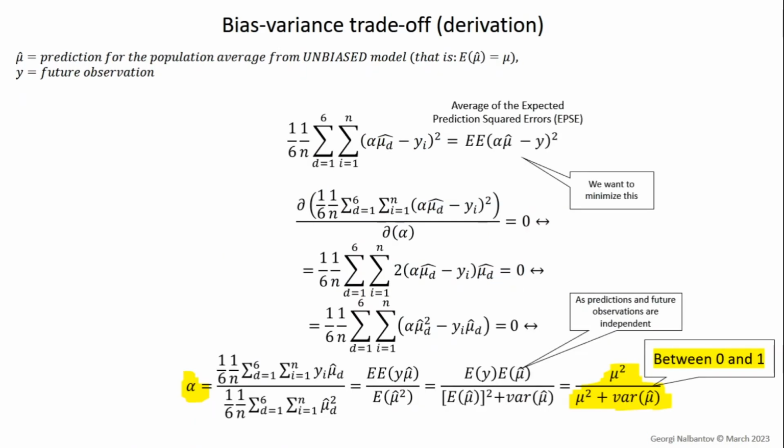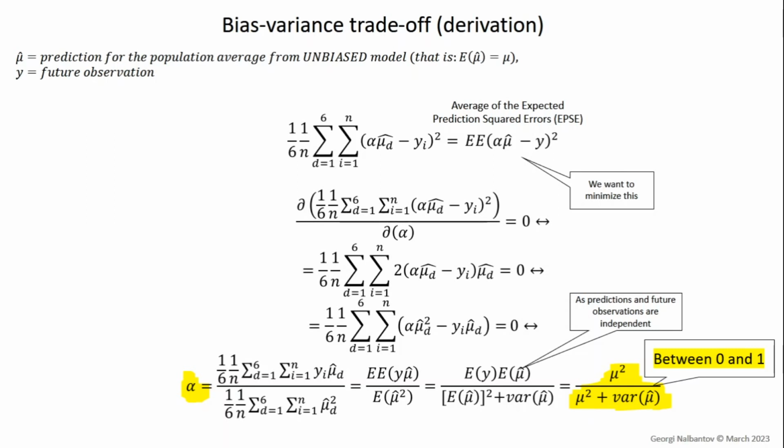Now, for those of you who are not very handy with taking derivatives when we have expected values, here is exactly the same situation, when instead of expected values I've written sums. So the i is the sum over future points. They go from 1 to n, and n is, let's say, infinity. And the data sets are from 1 to 6. Well, they can go more than 6, but they are just 6 different data sets that occur with the same probability. So when we take the derivative of this term with the two sums, we get exactly the same